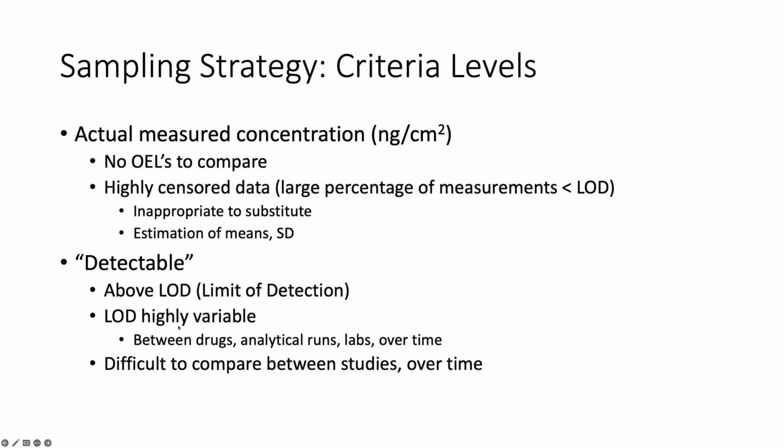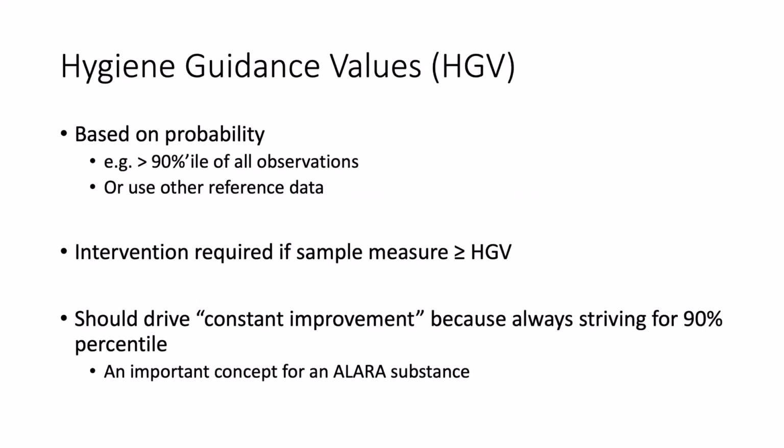The LOD, the limit of detection, is highly variable. It varies between drugs, between different analytical runs, different labs over time, and so on. So using the limit of detection as a measure is not ideal. So one of the things that's been proposed in this field, and I like it for a number of reasons,